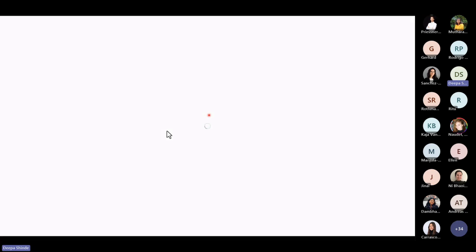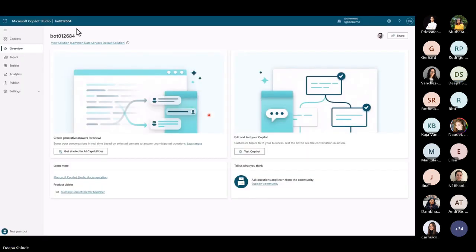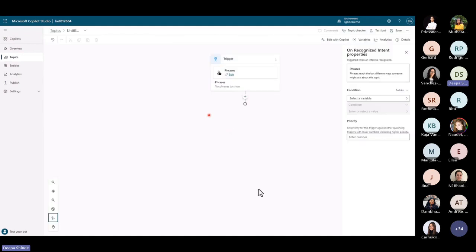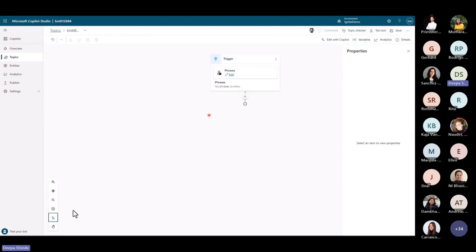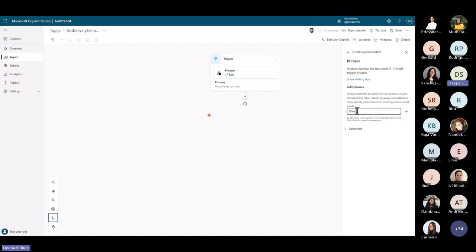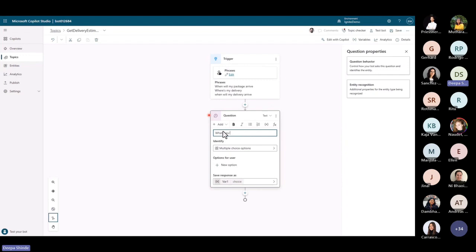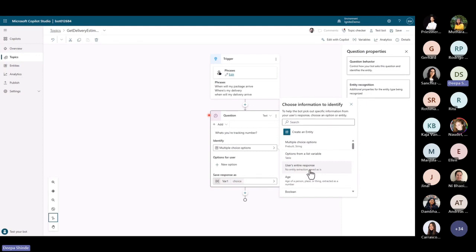So now you would see how the Copilot Studio interface looks like. This is the interface. The person went into the topic. He or she's creating a topic from blank, and now they would create or design the topic, basically get delivery estimations, right? And the phrases are given. The trigger phrases are given. These could be multiple trigger phrases, whatever the user can ask. You don't have to have an exact match, but just give like 4 or 5 trigger phrases, because it uses these trigger phrases to come to this topic if the user is asking a question similar to it.